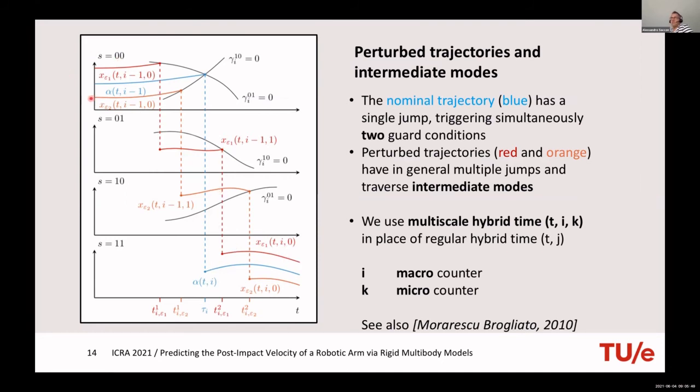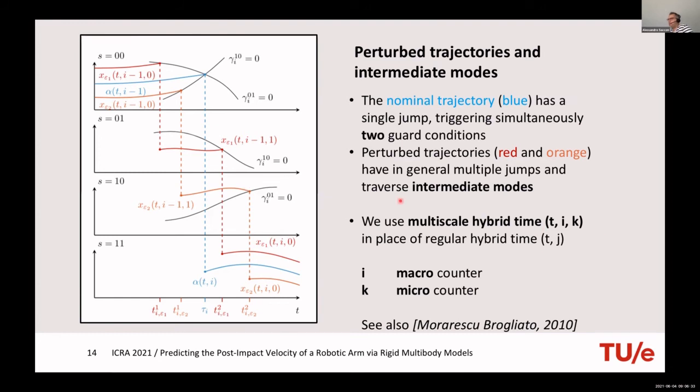But if you change the initial conditions, then you could hit first with another corner of the box and go in another intermediate contact state, and then when the other corner of the box impacts the surface, then you're back on the same contact state. So somehow we are always interested in looking at this situation, and here we don't really care what this intermediate is. So that's exactly why we are developing this analysis that allows you to just focus on what happens before and what happens at the end. And we have this positive homogenization of the dynamics that allows you to approximate this behavior here and here without sort of caring about what happens in between.